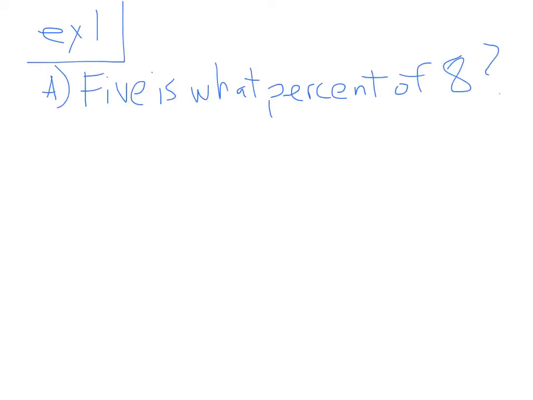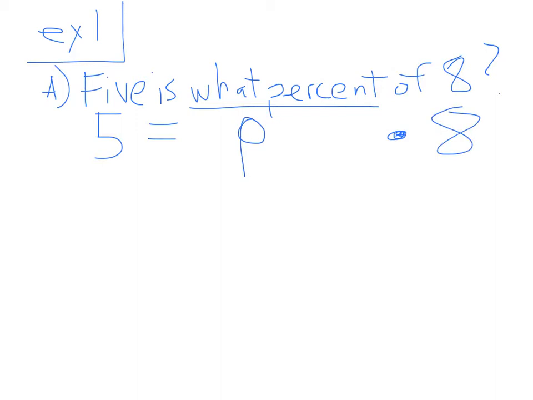The question states, 5 is what percent of 8? Well, the book is going to teach you a different method, but I'm just going to start with what I think is the easiest common sense way to do this. It says 5 is, and is means equals, the term what percent. I'm going to put a letter P because we don't know what the percent is. Of means times, and then 8 would be the number 8. All we're doing here is solving for P. So if this was your equation, 5 equals P times 8, how would you solve for P? Opposite of timesing by 8 is dividing by 8. So P equals